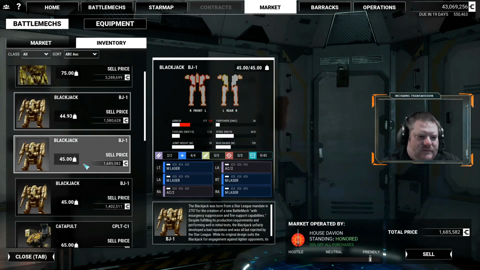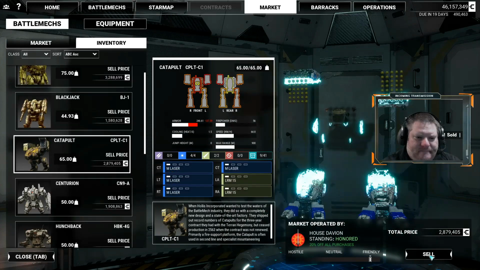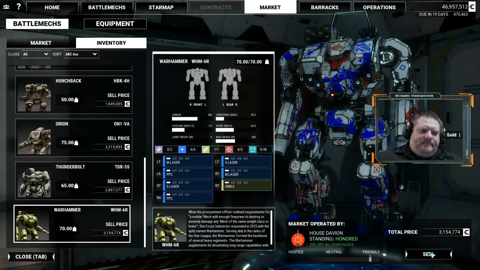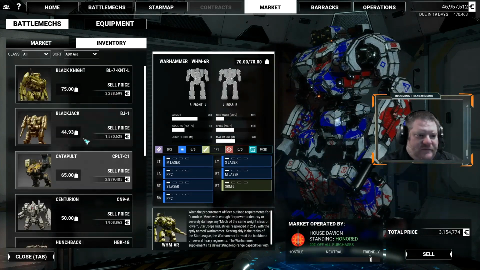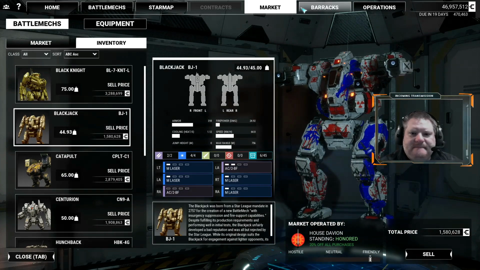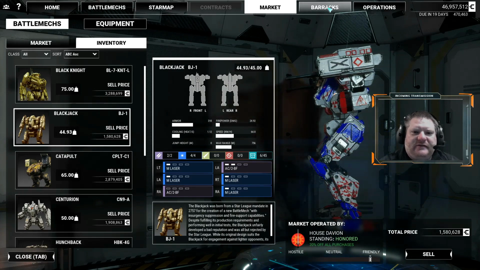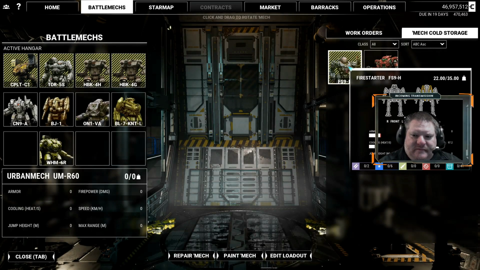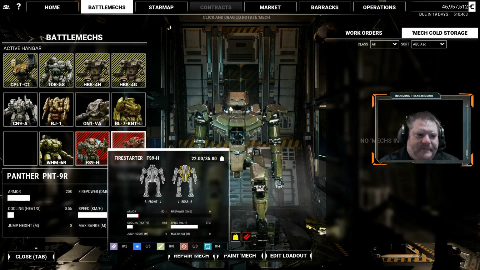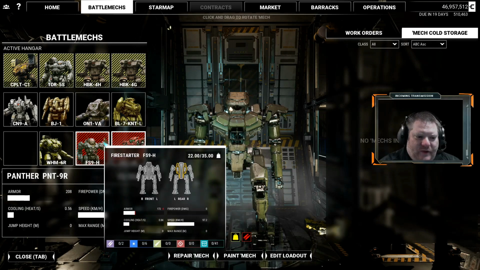Inventory. I do want to keep that one 45-ton Blackjack just in case I have to run something where I need to give up that extra 5 tons. Firestarter and Panther. Okay. So running multiple tier missions right now may be a little bit of a challenge with what we've got weight-wise available to us, but...